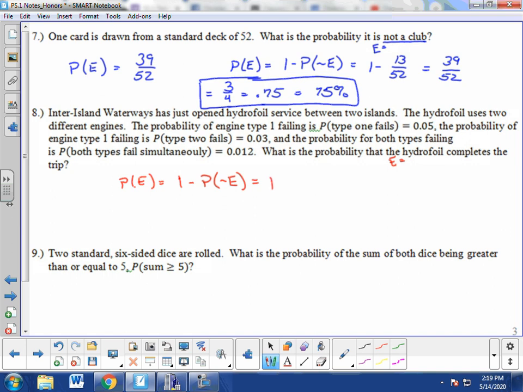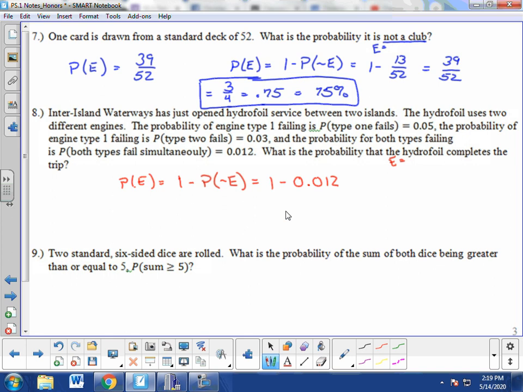The reason I'm going to do this is because this tells us about engine failures. So if engine 1 fails, we can still probably go. If engine 2 fails, we can still probably go. But if engine 1 and engine 2 both fail, we're not going anywhere. So the probability that we do not make the trip would be the probability that both engines fail at the same time. So if we want to make the trip, it would be 1 minus